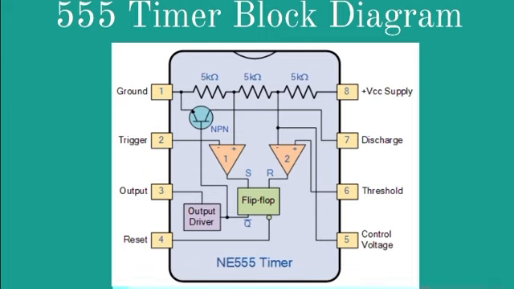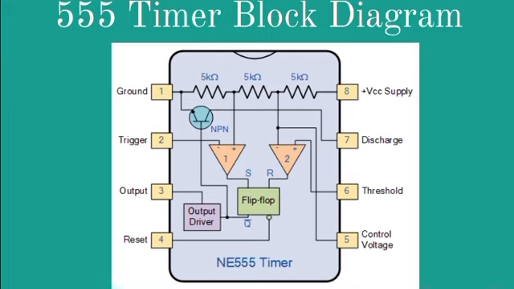Okay, so the output of the timer depends on the amplitude of the external trigger pulse applied to this pin. Here a negative pulse with a DC level, below one third of VCC, is applied to this terminal. So when the negative edge of the trigger passes through one third of VCC, the output of the lower comparator becomes high and the complement of this will become 0. Thus the 555 IC output gets high voltage in the quasi-stable state.